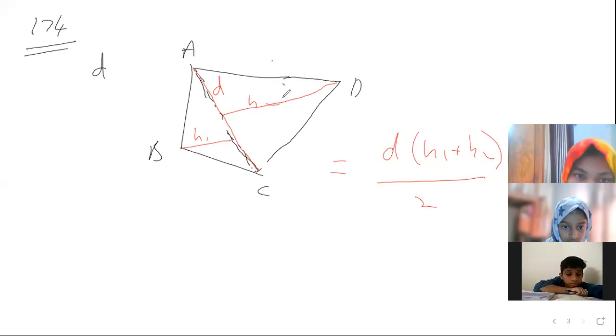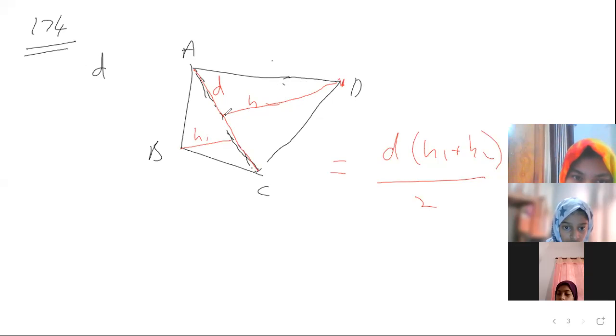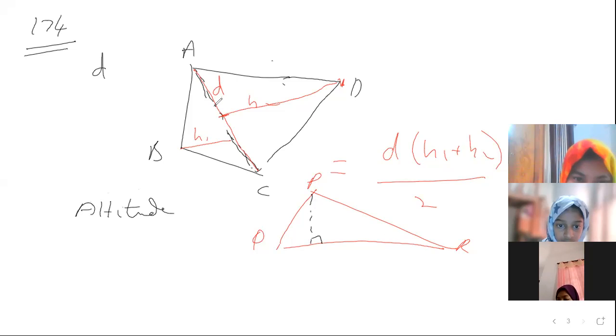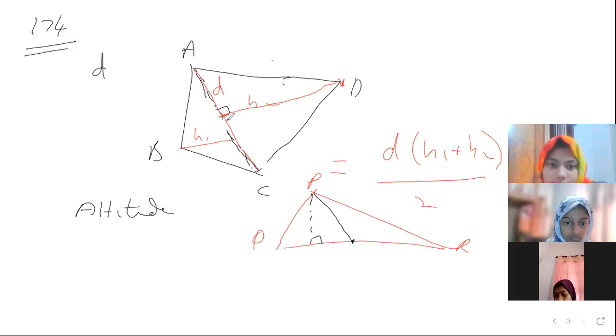That means altitude. We studied the difference between altitude and median of a triangle. Altitude is the line segment from a vertex perpendicular to the opposite side. That is altitude. We did that. This is PQR. Sir, you want the altitude? Yes, it too must be 90 degrees. So we are drawing the altitude. See, H means altitude. This is perpendicular, it will be 90 degrees. That is what I did here, not median. Median is the line segment from a vertex to the middle of the opposite side. We don't want that now. We are taking the altitude, perpendicular. So now at last you can see half into D into H1 plus H2,